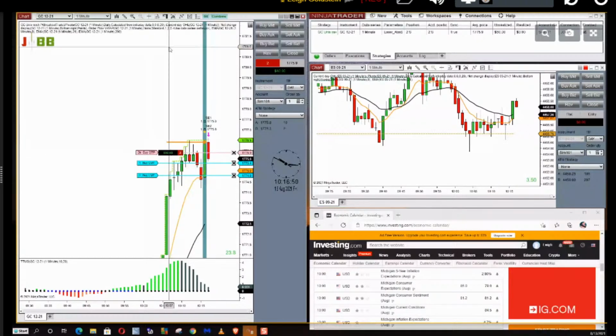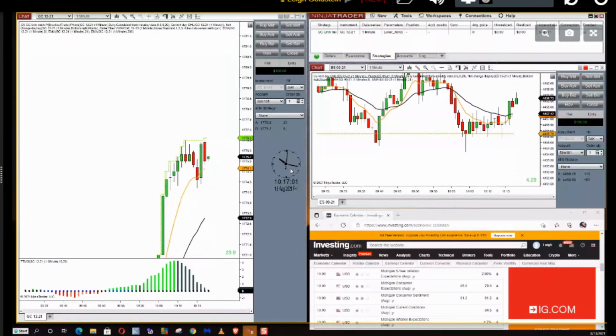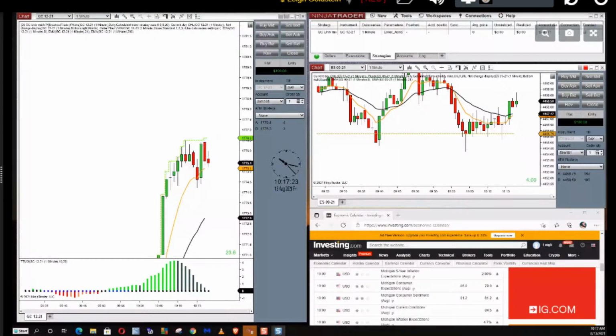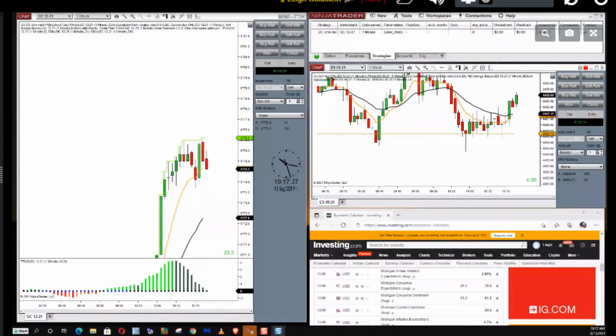I can combine my orders. It'll combine the orders. Bingo. And then you have a trade. Okay, the combine button combines the orders to the closest order to the current price. So if you use combine, if you have 2 orders open, it'll combine the orders together to the price closest to the current price. That's how the combine button works. That is how you create a strategy with our software. Okay, so what I'm going to do is make a video. I'm going to render this video for Sheena and send it to her.